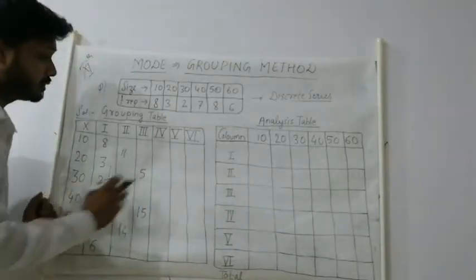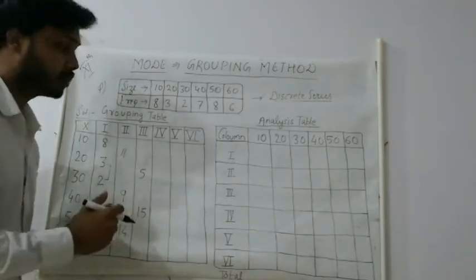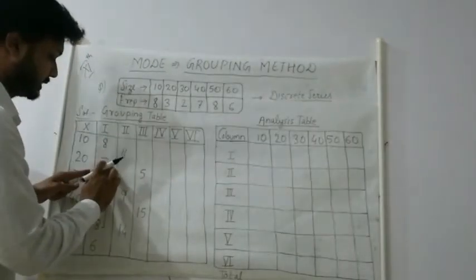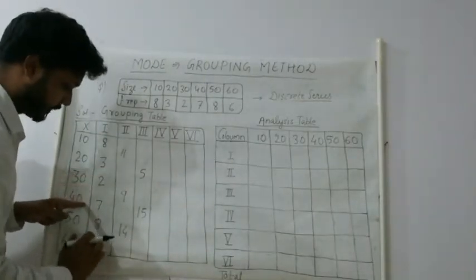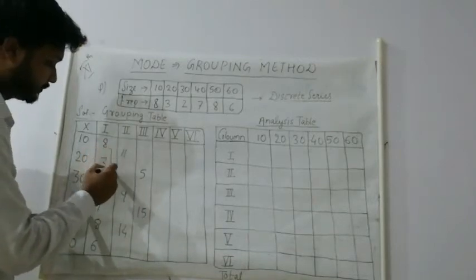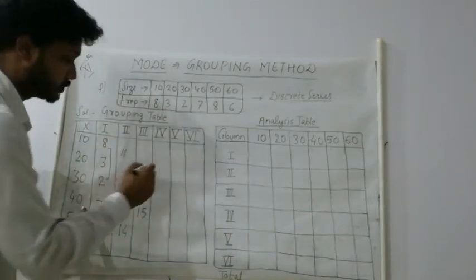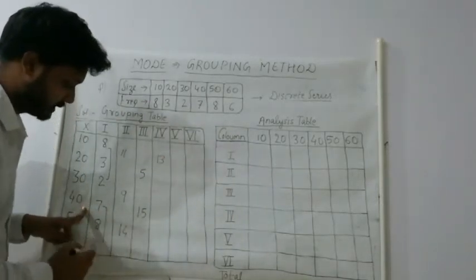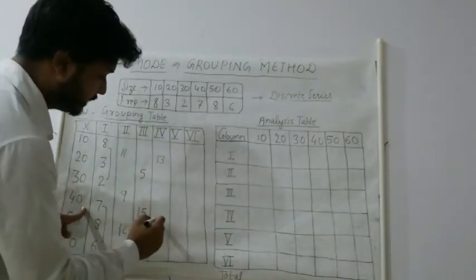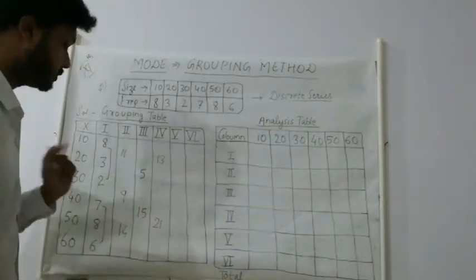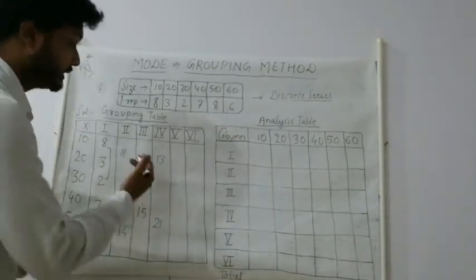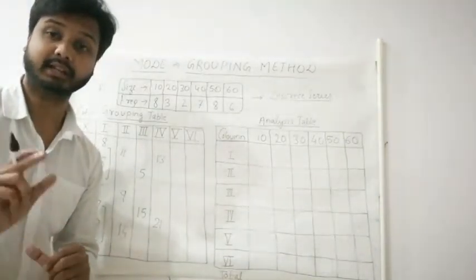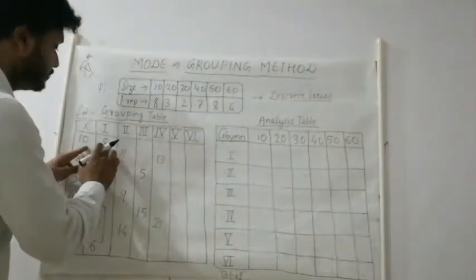Okay, now coming to fourth column. In fourth column we are required to make pair of three numbers, and we will start from first number itself. So pair of three numbers, 8 plus 3 11 plus 2 13, like this we will write. Then again pair of three numbers, 8 plus 7 15 and 6 21. Okay, so pairing of three numbers we have done. Then in the next column again we have to make pair of three numbers, but this time we will leave the first number. Okay, we will start from second number.